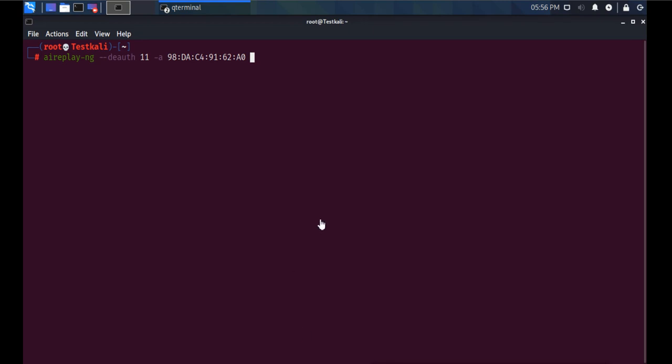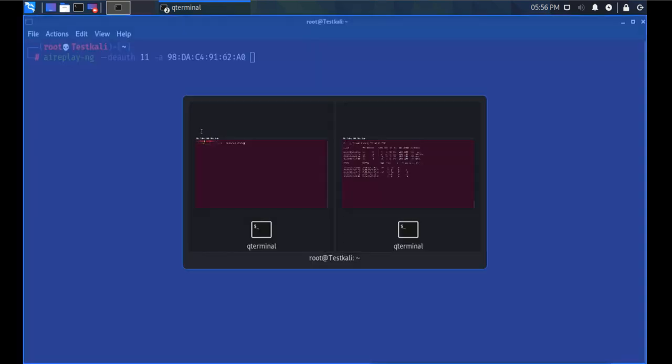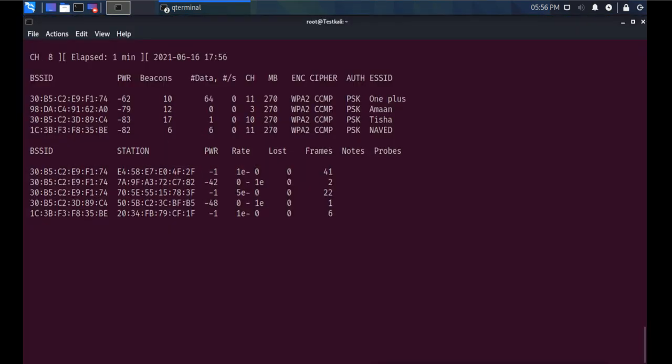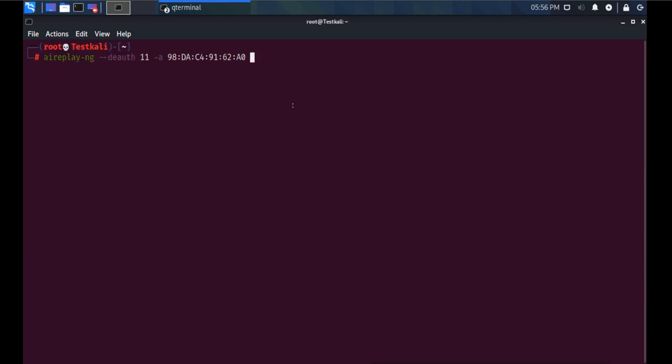After disconnecting, those devices automatically try to connect again, and because they know the password and everything, they connect automatically. When they reconnect, they reveal the information about the SSID, and since airodump is already checking, it can detect that SSID. I will show you this. I will send this. Okay, I think I made a mistake here.